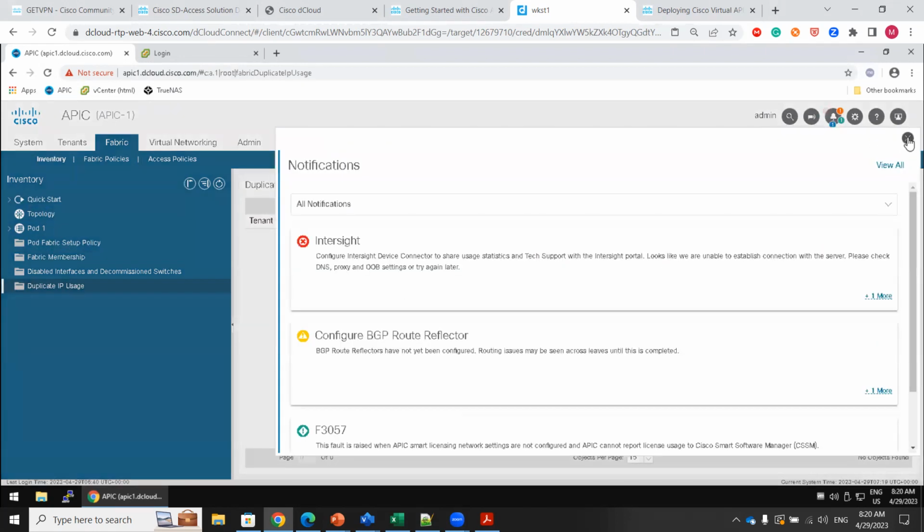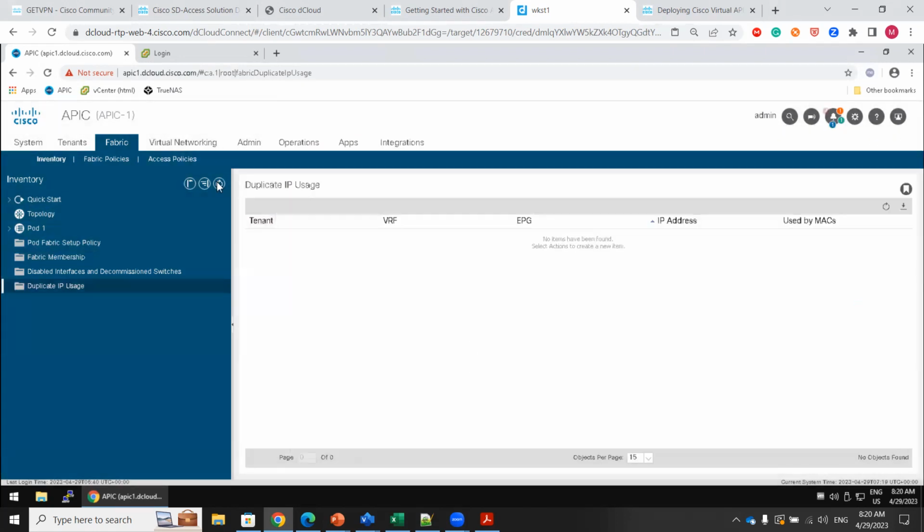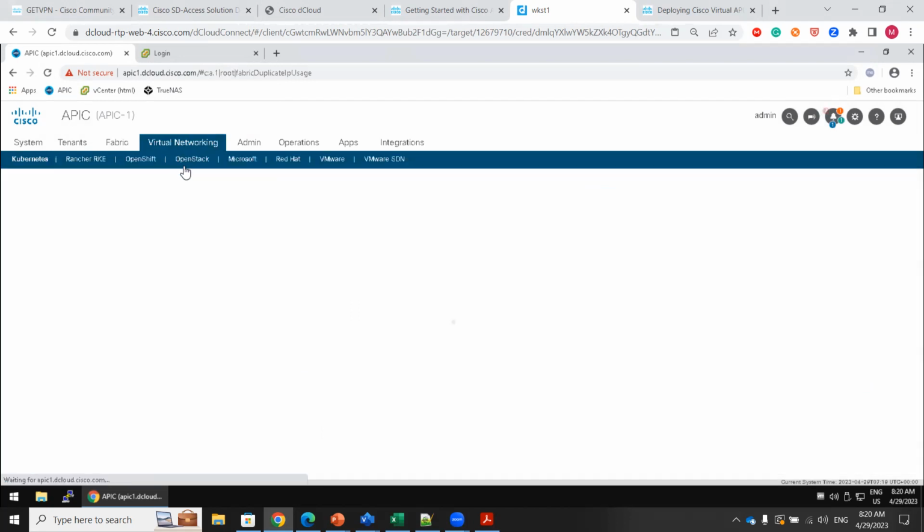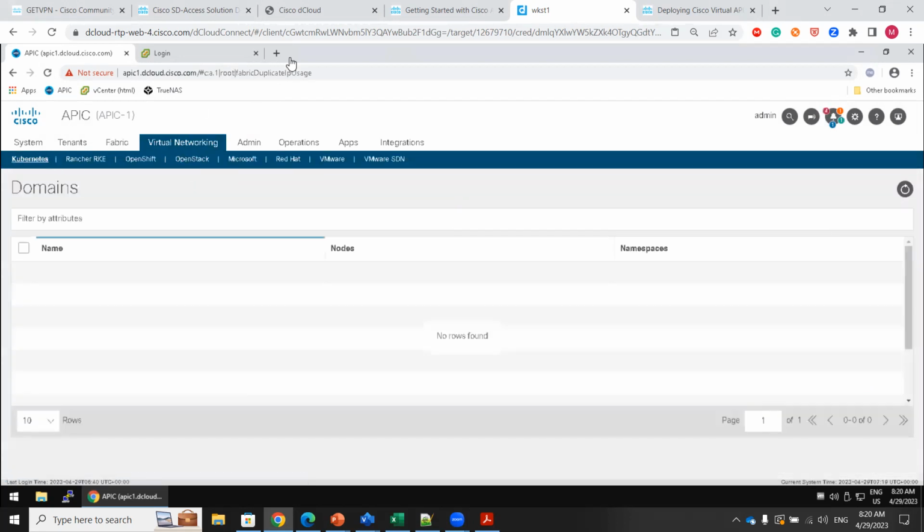What is the error which is coming here? That's fine. Then in the virtual networking, if you want to integrate a VMware hypervisor with your Cisco ACI, if you want to,